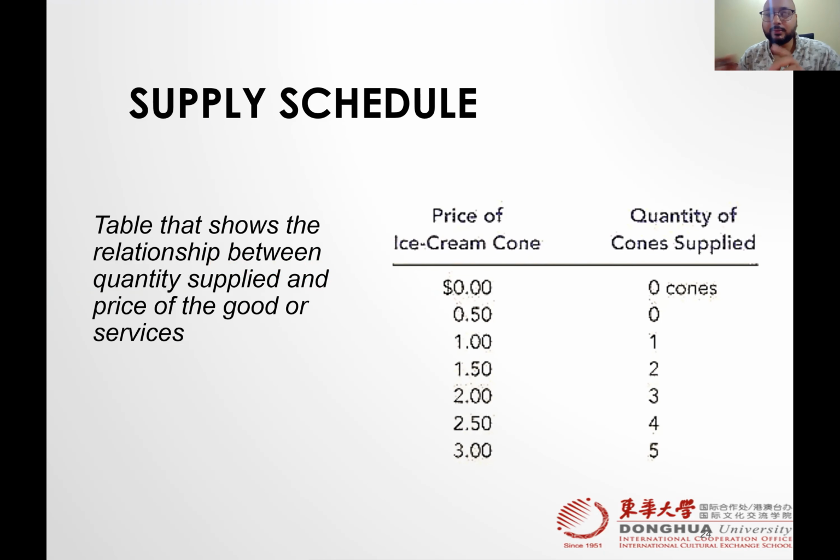A supply schedule is a table which shows the relationship between price and quantity supplied. So recall our discussion from the demand material, even though we have not given this name, supplied, we have just price and quantity. So if I ask you whether this table belongs to supply or demand, just